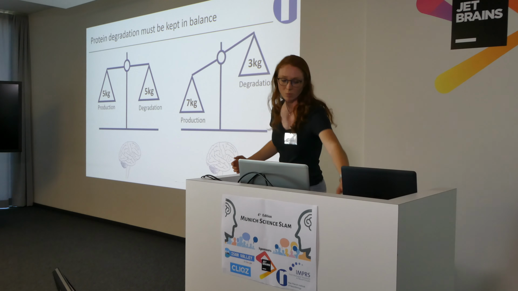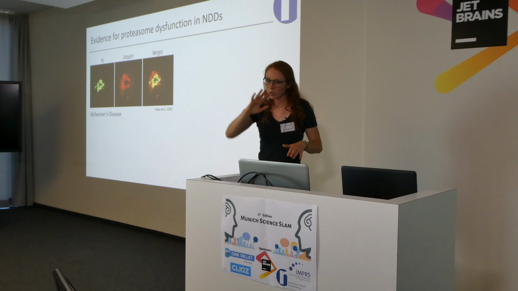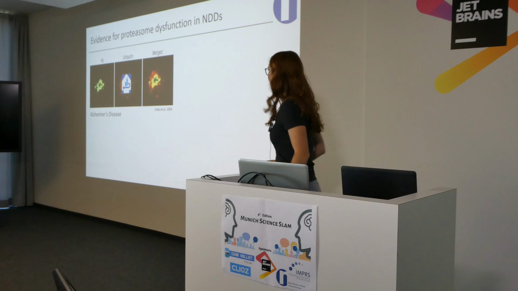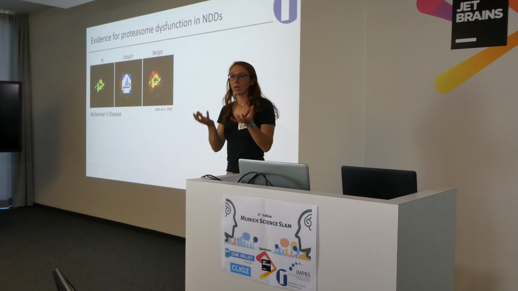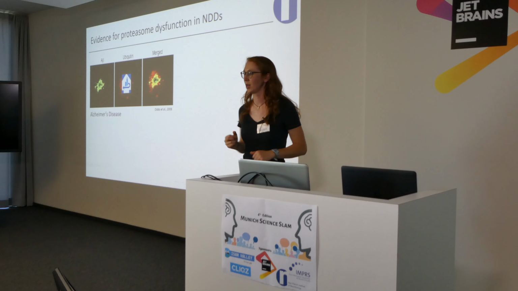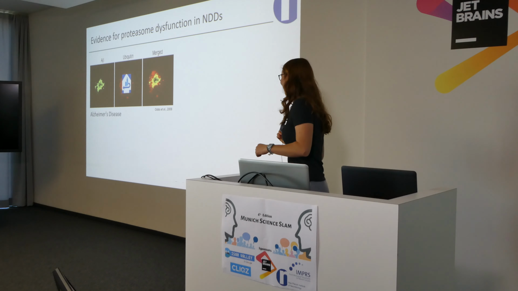So what evidence is there for proteasomal dysfunction in neurodegenerative diseases? Of course, I wouldn't be giving this talk if there wasn't any. So actually there's a lot. So let's go back to Alzheimer's disease, the disease that affected my grandpa. So you have at the top there, A-beta, this is one of the proteins involved in Alzheimer's disease, and it aggregates. That's the green picture there. And it also gets labelled with those recycling stickers. So it's covered in recycling stickers, and yet they're just building up. It's not being got rid of. You can think of it like bottles after a party, for example.